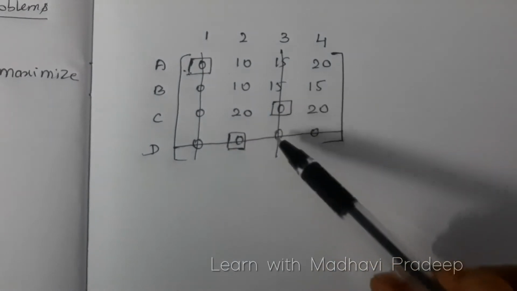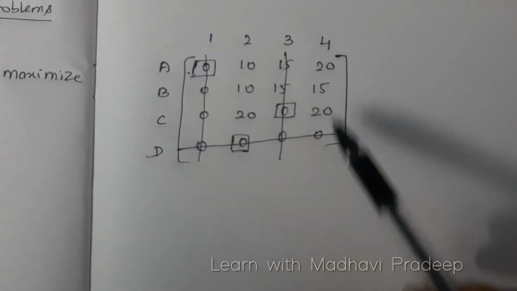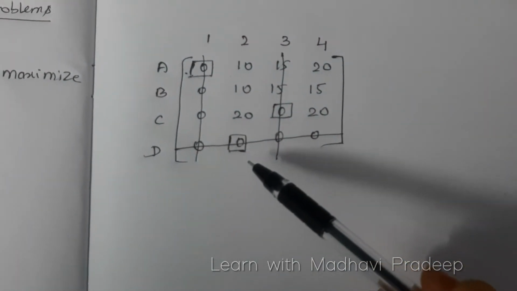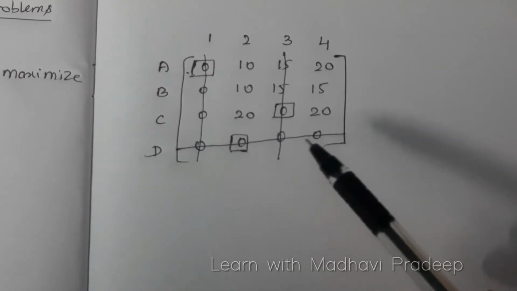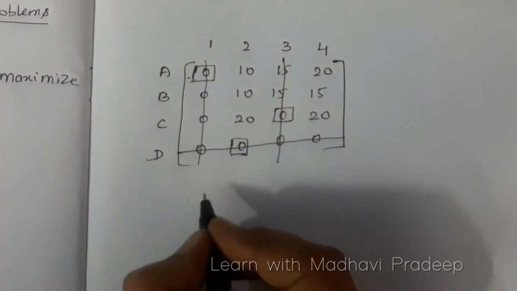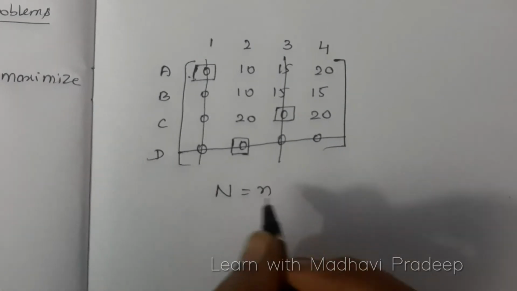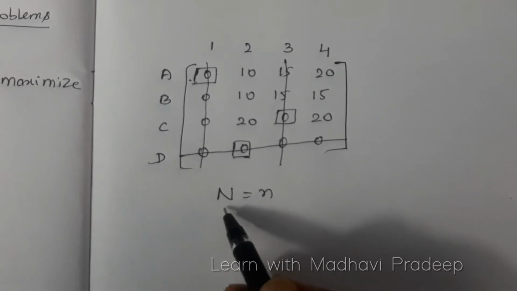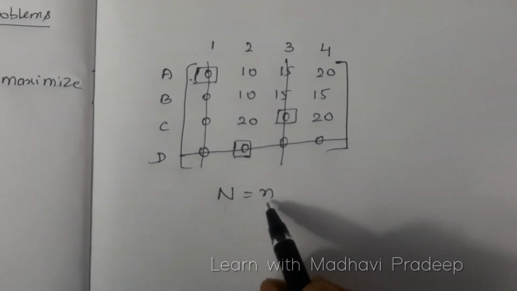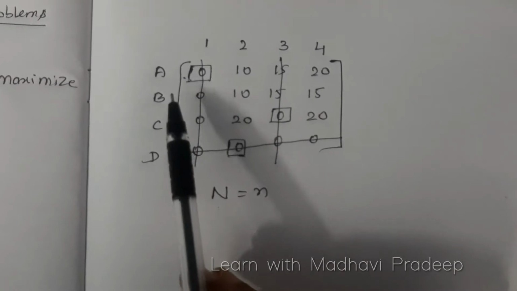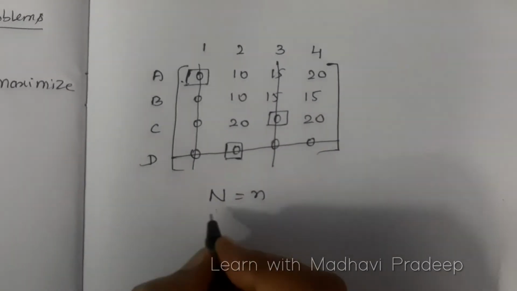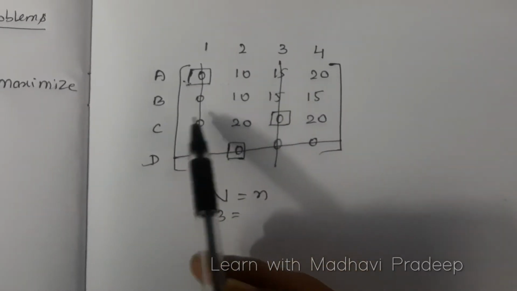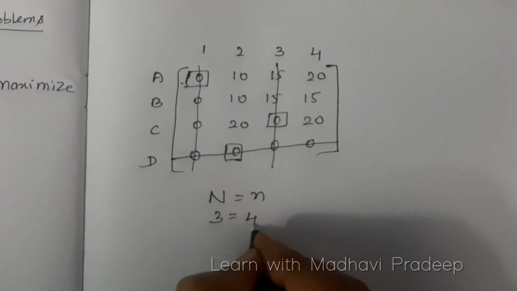Now after doing the column scanning also, you have to check whether all the zeros are cancelled. Yes, just see, all the zeros are cancelled. There is no zero left out without cancelling. So after proceeding with row scanning and column scanning, now you need to check whether capital N is equal to small n. The capital N is nothing but number of allocations. The small n is nothing but number of rows. So number of allocations you see 1, 2, 3. The small n is number of rows. So how many rows we have? 1, 2, 3, 4. So this should be equal actually.